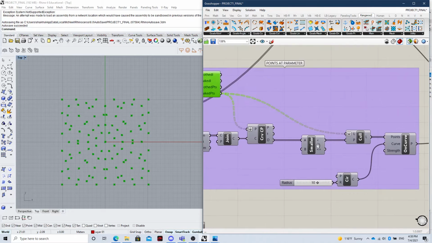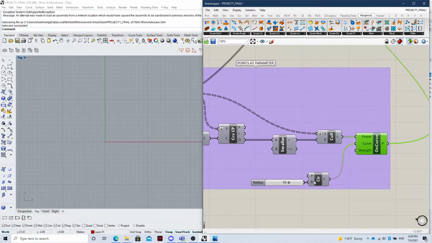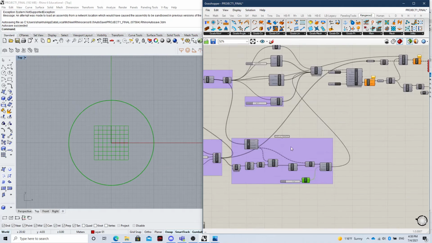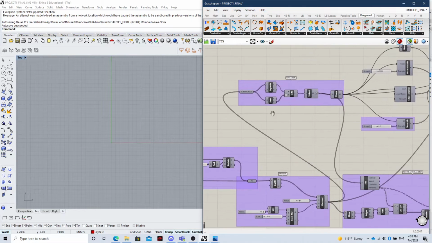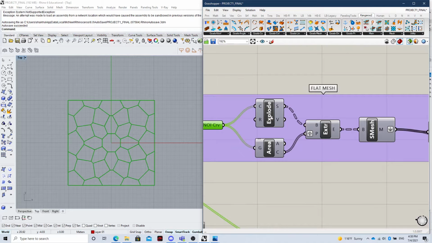I took these and then I colored them, and then I applied them into the curve that I want, which is the circle. And now, for the mesh that I just mentioned, I took the Voronoi curve and then exploded it